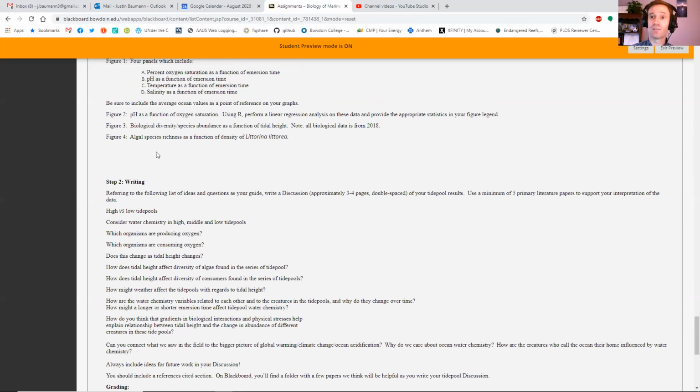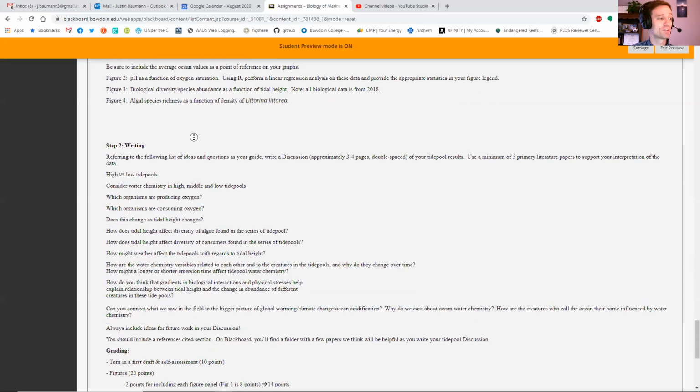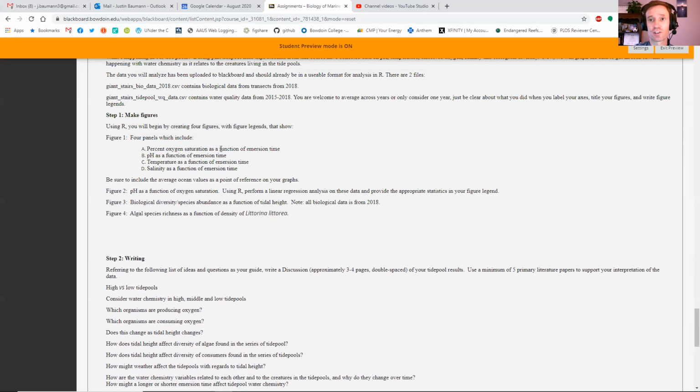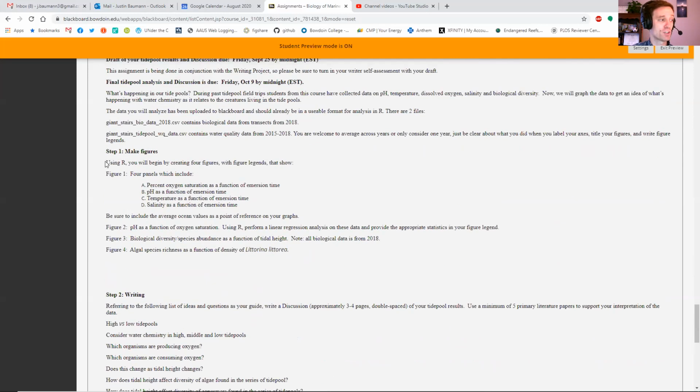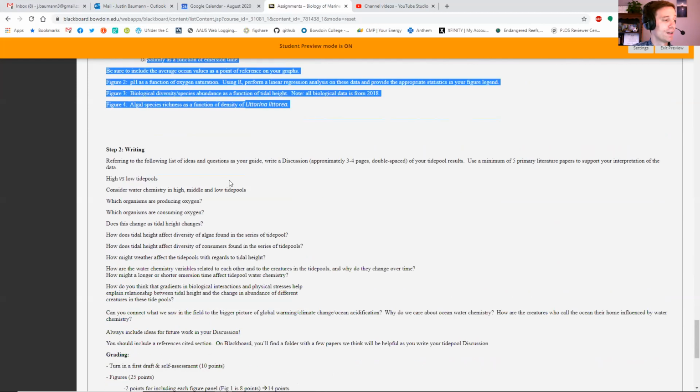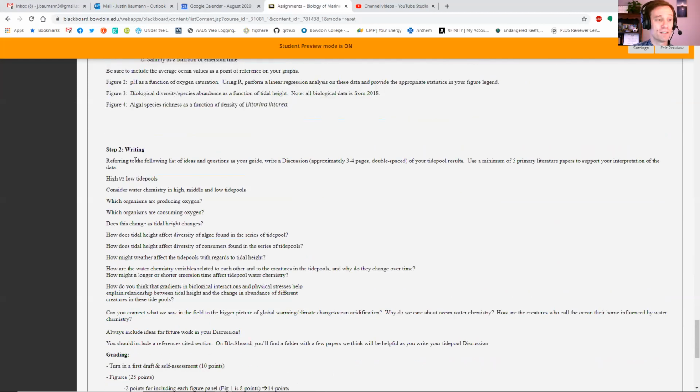From there, we're going to ask you to think about what's happening in the tide pools and write up a discussion. So you're going to write a results and a discussion for this paper. Your results section is just going to be these figures with the figure legends associated with them. And your discussion is going to be 3 to 4 pages double spaced, discussing your results and putting them in